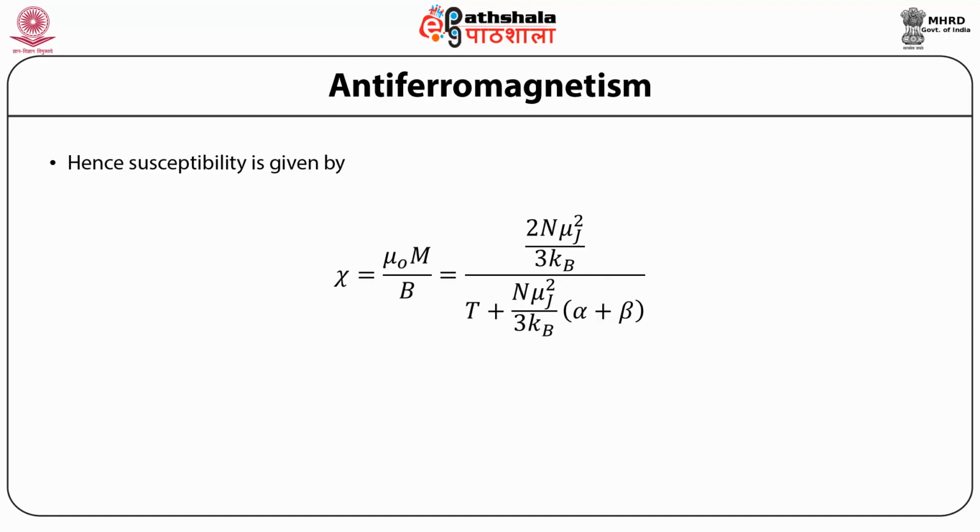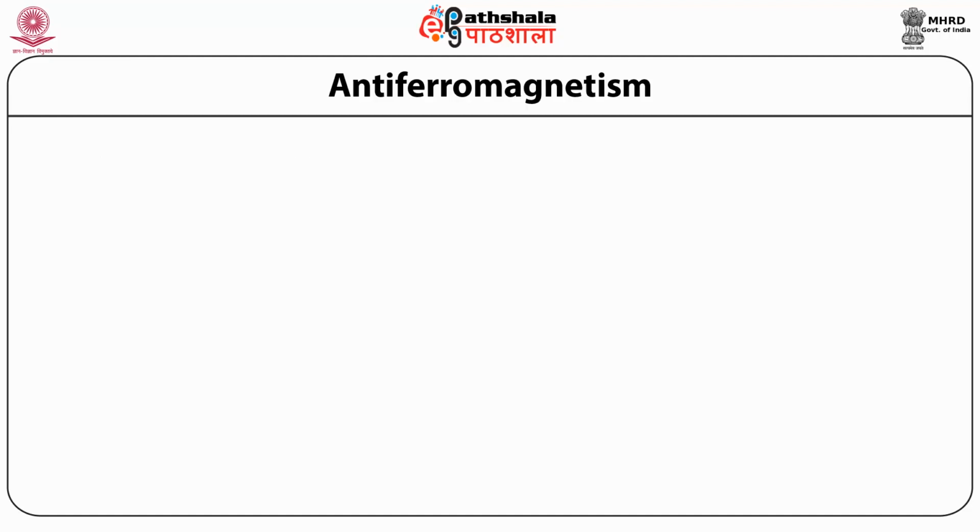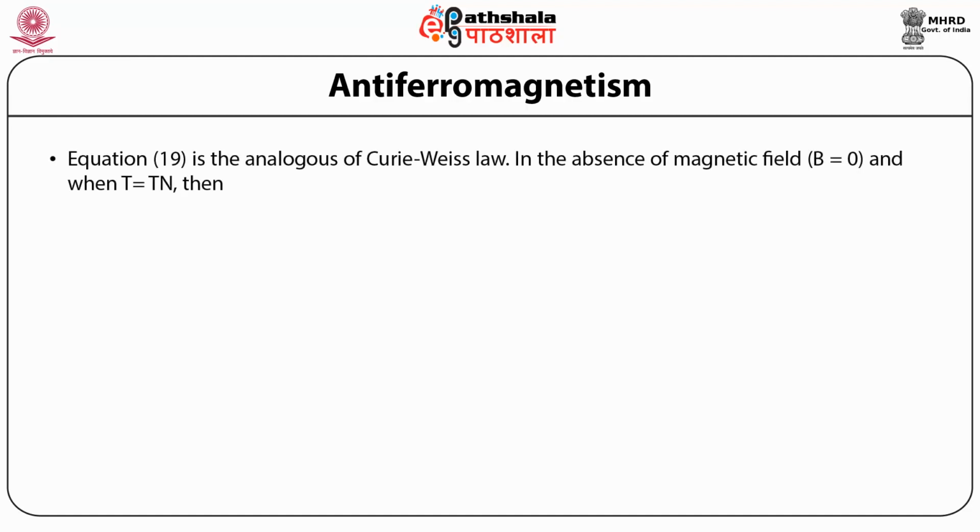it comes out to be 2N μ J squared over 3 k_B over T plus N μ J squared over 3 k_B into alpha plus beta, and susceptibility is equal to C over T plus theta, where theta is the Néel temperature. This equation 19 is analogous to the Curie-Weiss law. In the absence of a magnetic field, that is B equal to 0, and when theta is equal to T_N,